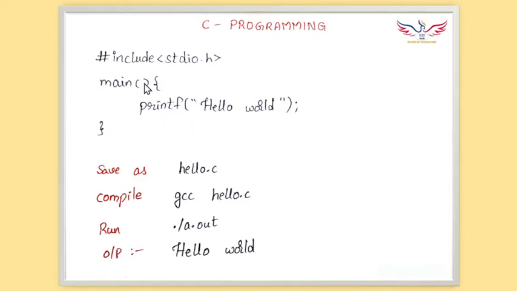Okay, so first we write a program and save it with the name hello.c. Now, what is the step by step way it will be executed? First of all, after we write a program, we will compile it. When we compile, gcc hello.c is the command we use in the Linux operating system in order to compile our code. Hello.c is the name of the file in which the program is written, and gcc is the compiler we use to compile.